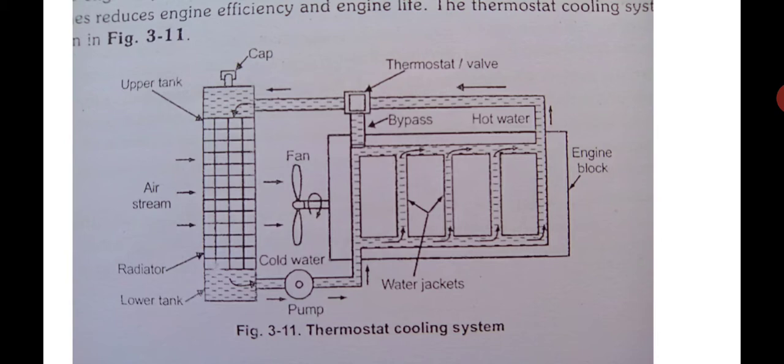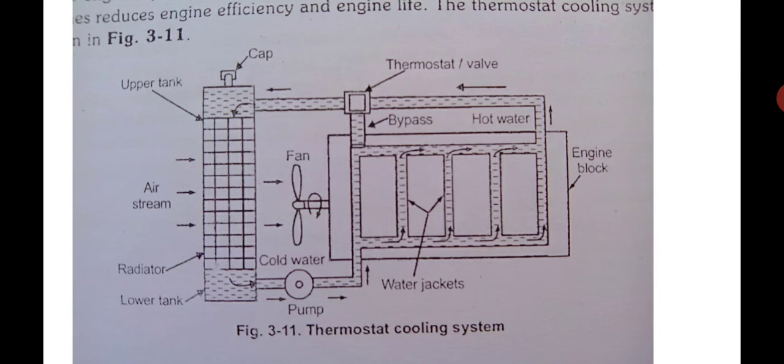But first we will see the pump will pump the cold water to the engine. It becomes hot and the hot water goes to the top of the radiator. Again, when the water is coming down through the radiator tubes, due to the cross flow of the ambient air, which is at a comparatively lower temperature, the hot water gives its heat to the cold air, becomes cold and comes back to the lower tank of the radiator, and from the lower tank the pump will pump the coolant water to the engine.